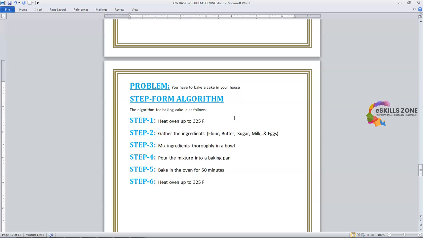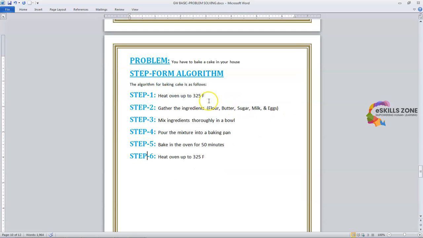The algorithm is how we write algorithm. Like the first very step is the heat oven up to 325 Fahrenheit. This is very basic step. Now stepwise we gradually increase our steps and going forward to solve the problem. So step 6 is repeat. Repeat means that we are repeating bake 5 minutes more. This is the repetition process, which is called loop programming,